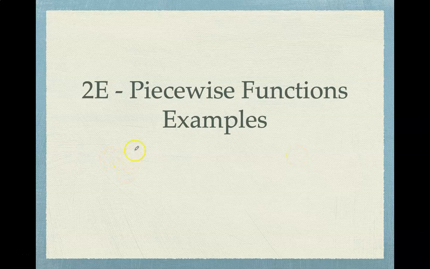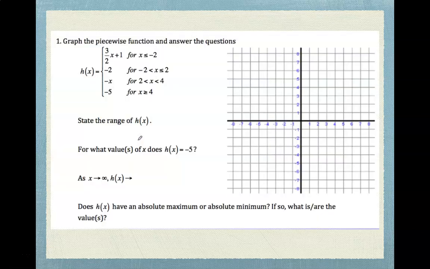Okay, let's look at a few examples of piecewise functions. So in this h of x function, there are 4 separate pieces over 4 separate domains. So we're just going to take them literally piece by piece, okay? So for x is less than or equal to -2,